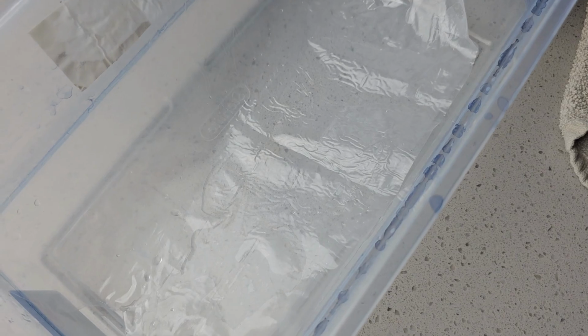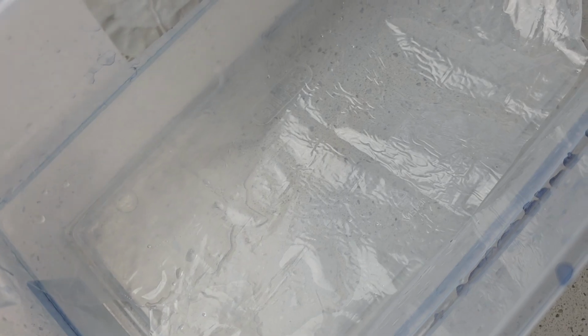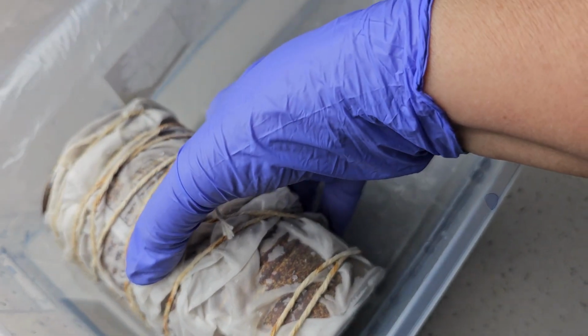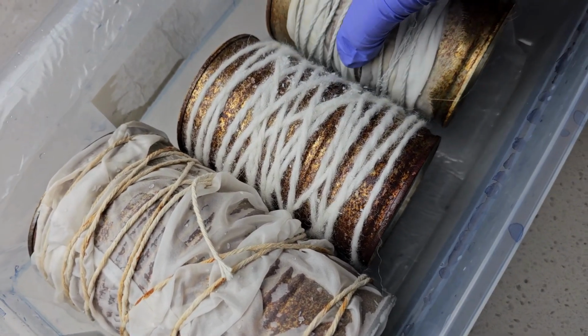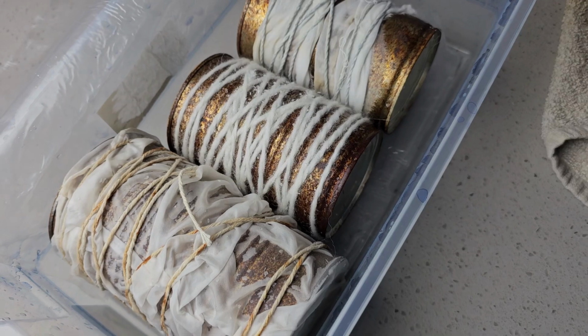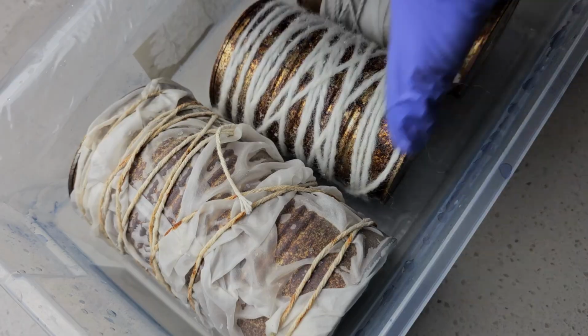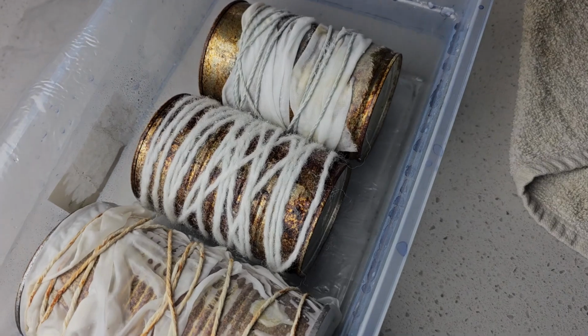So I have a bin here. This is how I'm going to be storing these pieces, and I've laid a piece of repurposed plastic. I always keep plastic that comes from shipping, then I can use it in my dye studio. So I'm going to take each one of these and I'm going to lay it down in this piece, and I am going to once again add a little bit more of the vinegar water. Just turn those over, and this is where I can add more salt,